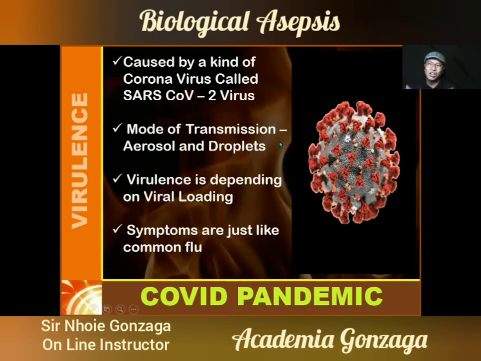That's why, as I said earlier, if you have tuberculosis, TB, you don't have to wear a mask or anything. You just have to stay 2 to 3 rulers away from the person with TB. When the person with TB talks, even if saliva comes out of their mouth, it will not reach you because saliva will only travel 1 to 2 rulers far, and it will drop to the ground because it cannot suspend in the air, because it's a droplet. Okay? Next, virulence depends on viral loading.